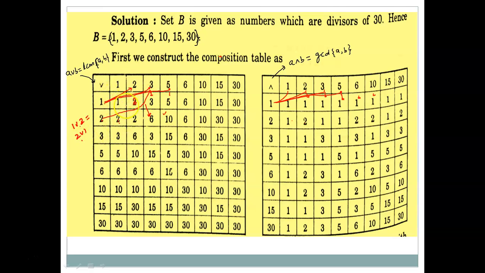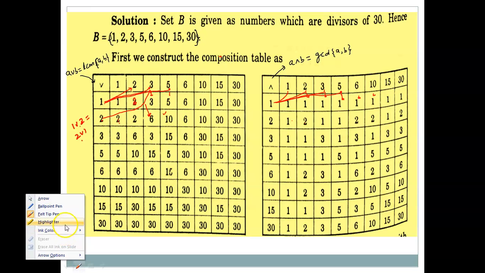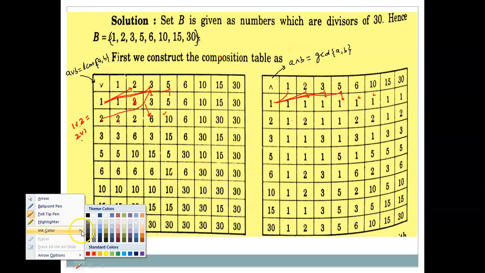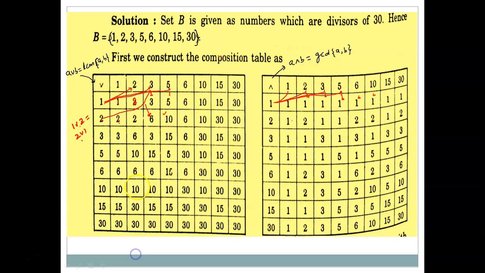Further, because this is the diagonal. In fact, I should draw it for more clarity. Yes. So I'm talking about the diagonal. So this is the diagonal. These are the diagonal cells here. So now the element above the diagonal you will see will be the same, the opposite element will be the same.